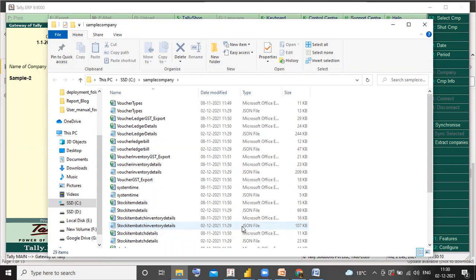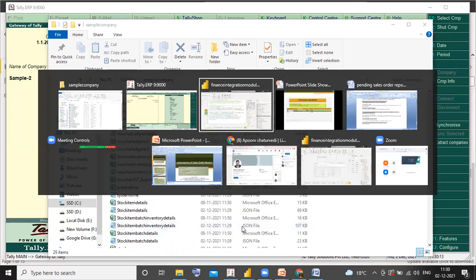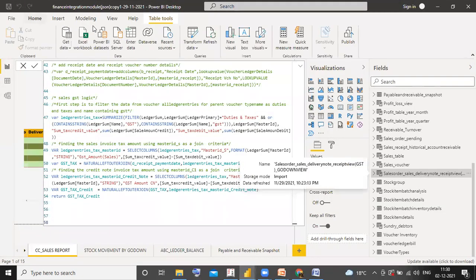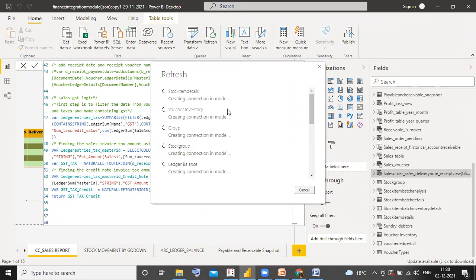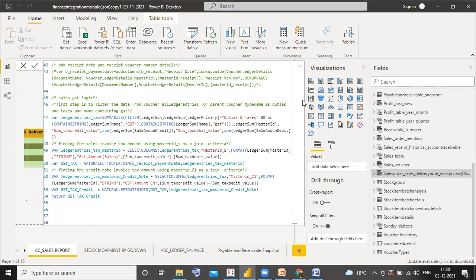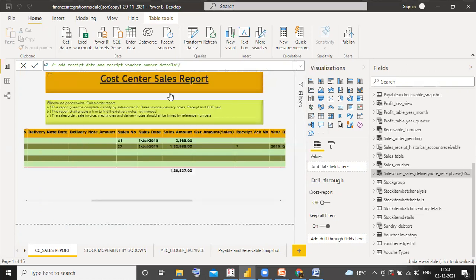Yes, sir. After extracting the data, I go to Power BI. So go to the Home tab and refresh. It will automatically refresh all the data from the JSON, from the Tally. So basically, sir, we are taking the raw data from the Tally schema and automatically all these reports are being updated, all these DAX codes. It's the entire profit and loss and balance sheet. So she's helped convert the entire data warehouse onto the DAX code.